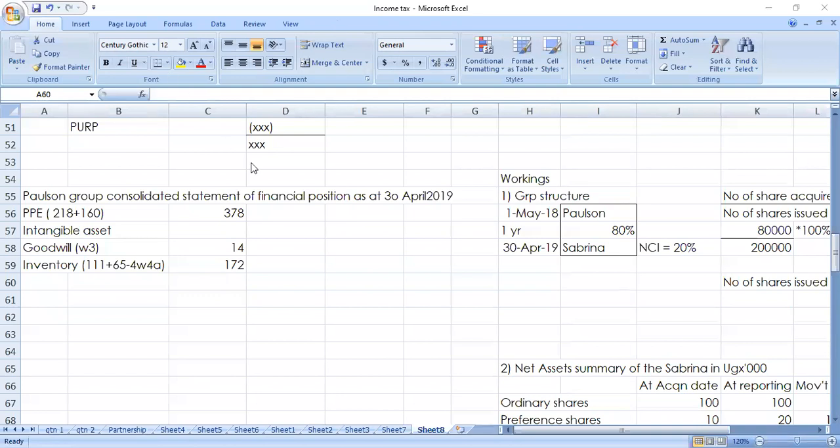I had gone off shortly, but I think it's the network. So we continue. The next item is receivables, 30 and 15. Now for receivables, you also saw